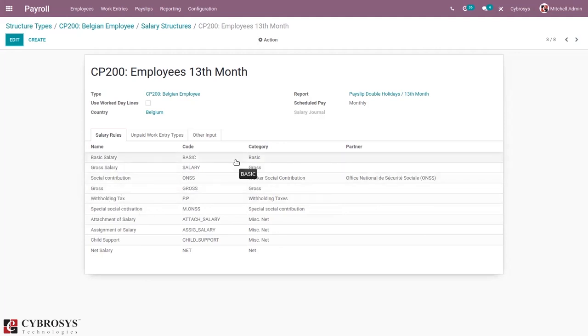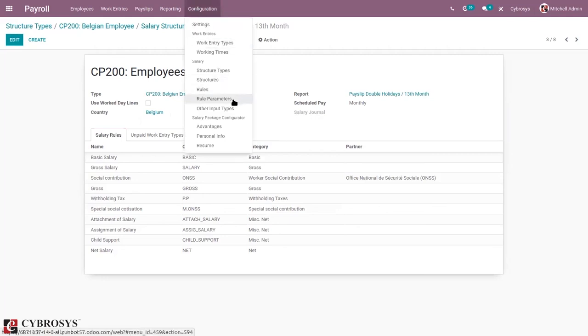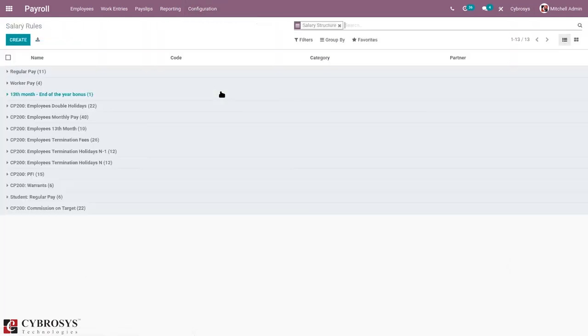So these things are added. Additionally, you can add unpaid work entry types and other input types. And then you can see the country is set as Belgium. You can see the rules here, which are configured, filtered by salary structure.